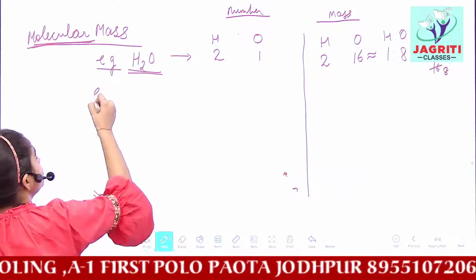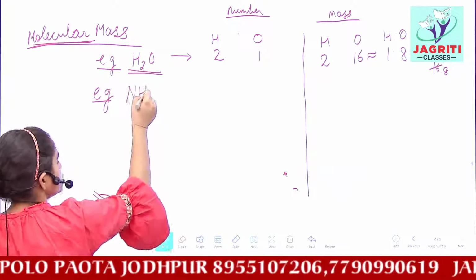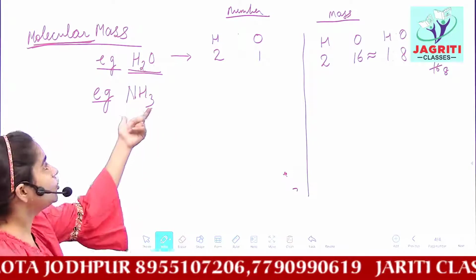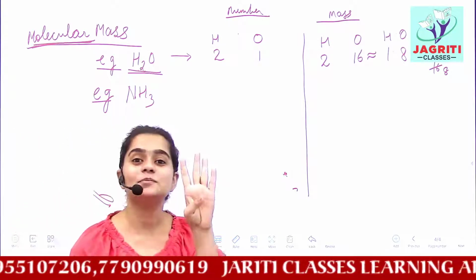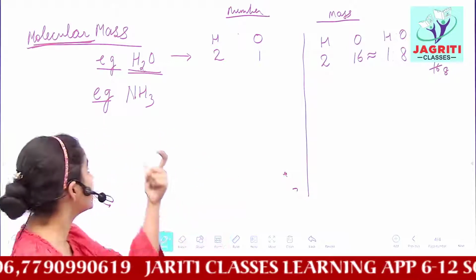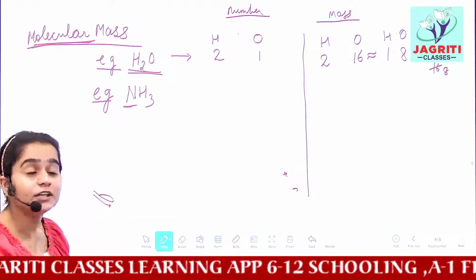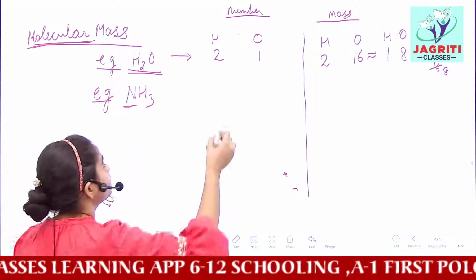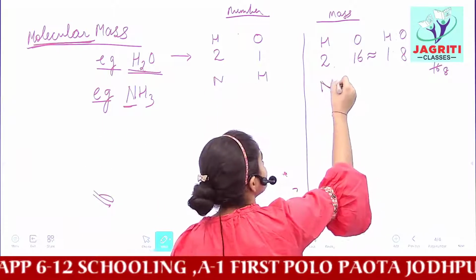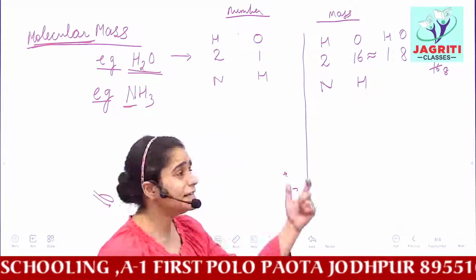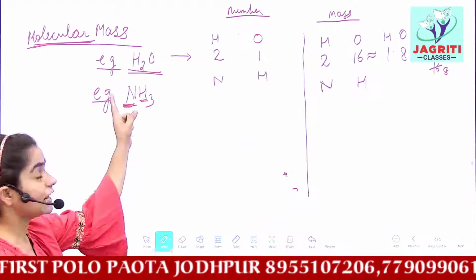Now the next molecule which we can take as an example is ammonia. Ammonia is NH3. Can you tell me how many atoms are present in ammonia? A total of 4 atoms are present in the NH3 molecule, that is the ammonia molecule. 1 atom of nitrogen is combined with 3 atoms of hydrogen to form ammonia. So here we have 2 kinds of atoms, nitrogen and hydrogen. Similarly, I am writing the atoms, nitrogen and hydrogen. Can you see any other atom? No, only 2 kinds of atoms are present in ammonia, nitrogen and hydrogen.